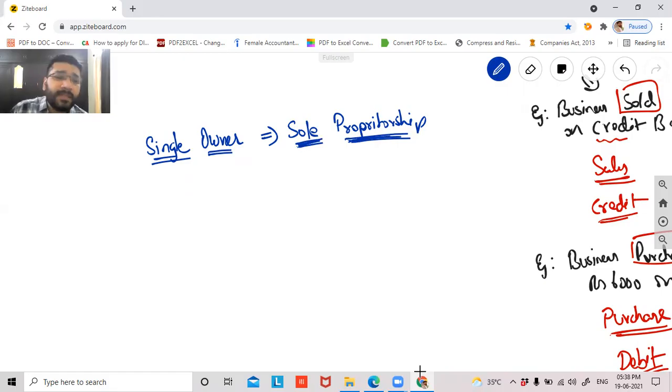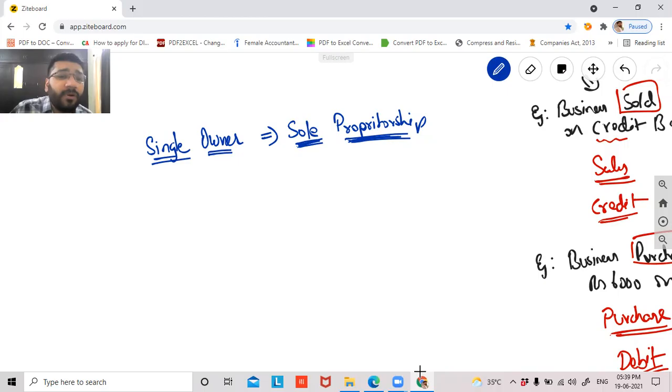So sometimes in some business, yes, a single owner cannot manage everything. Some business require huge investment. As a single person, I have certain limitations. I might have a limitation of not having sufficient money. I might have the limitation of not being able to manage everything. So therefore, I look up to a partner who can help me do the work. So I'll take care of one part of the business, you take care of another part of the business. I'll put in some money as capital, you put in some money as capital, because I cannot afford the entire capital that is required in the business.